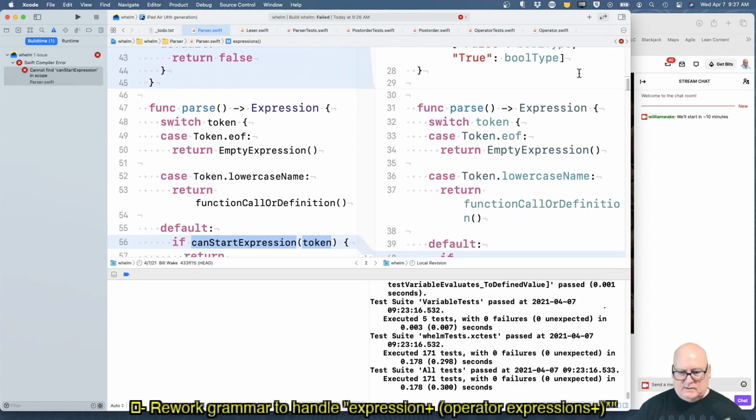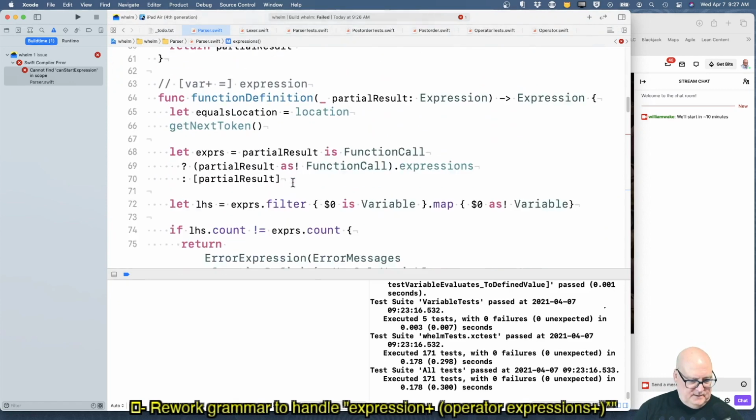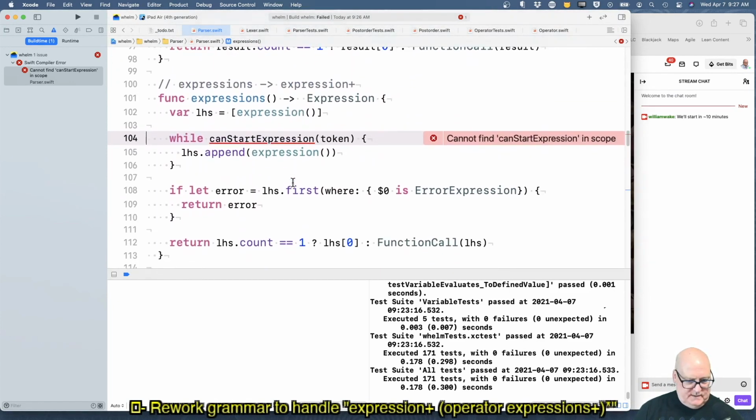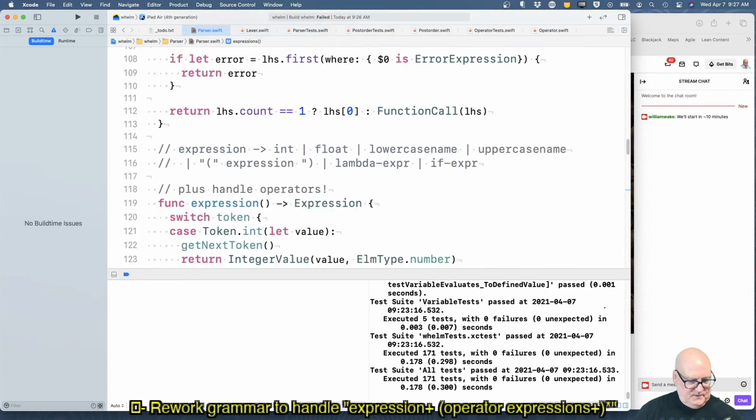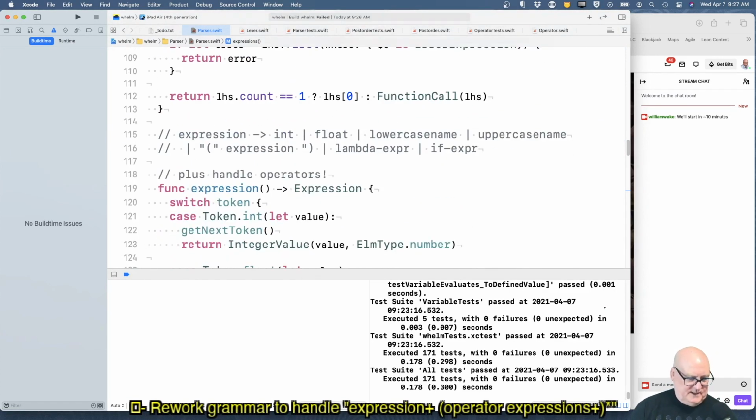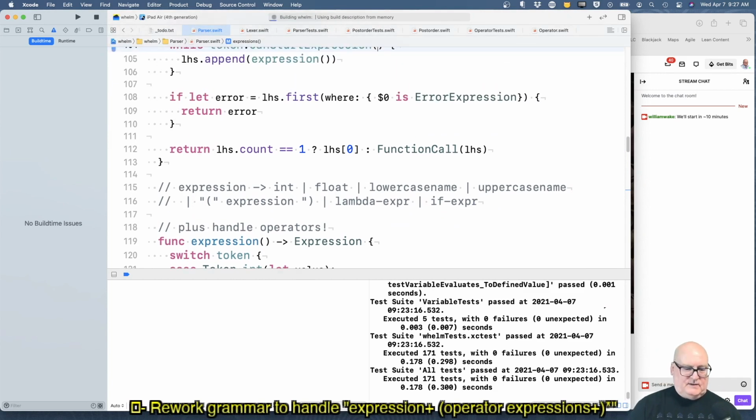Oh, and the parse too. Okay, yeah. Was 120. 104. Okay. What did I see at 120 now? Nothing. Okay. Try again.